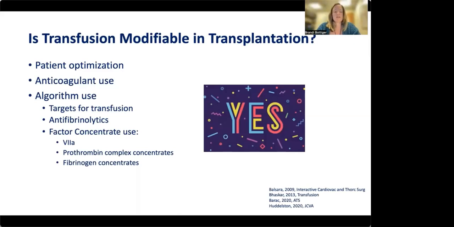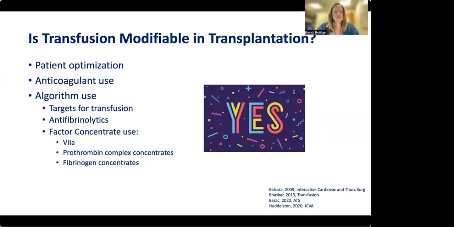So checking out the patient in advance of the surgery, I think anesthesiologists certainly have a role there. We can evaluate patients, understand if there's room for any sort of hemoglobin optimization or factor improvement in the interim between workup and surgery. Anticoagulant use, again, if they're actively anticoagulated, we can potentially help guide the therapy based on what reversal agents are available during the perioperative period.